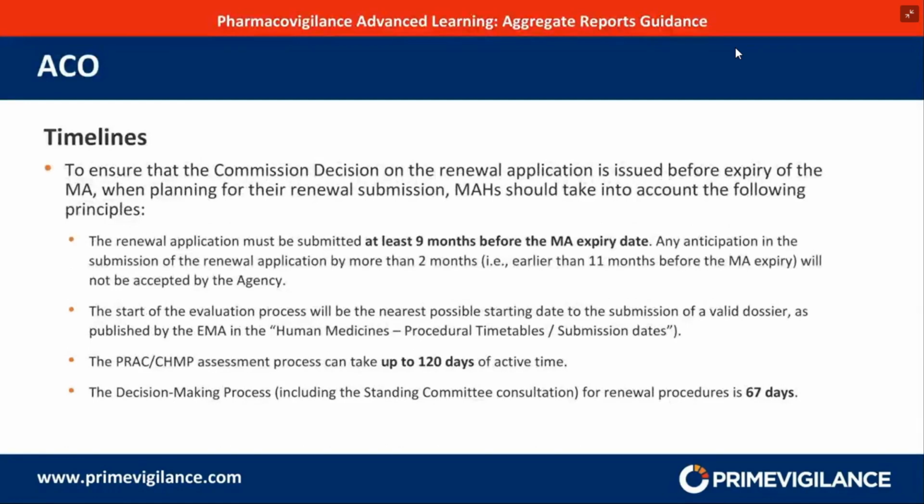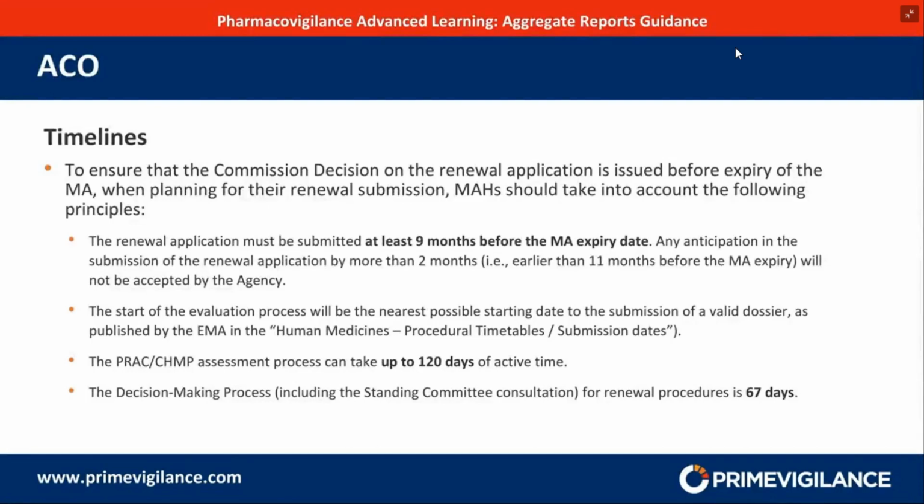When it comes to the planning and timelines for the ACO, it is important to remember that the renewal application must be submitted at least 9 months before the marketing authorization expiry date. So if the marketing authorization is expiring after 5 years, then from this it is clear that the ACO will not cover the whole period of 5 years, but needs to be ready to be submitted 9 months before the